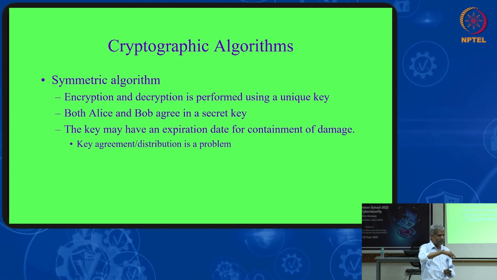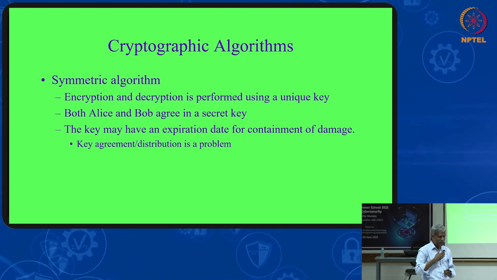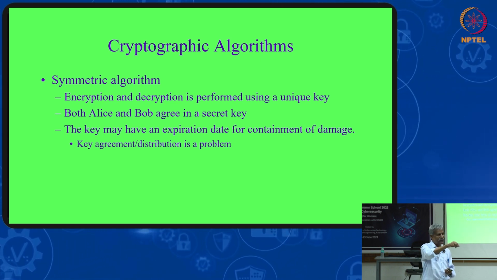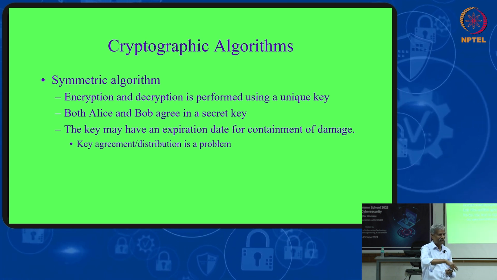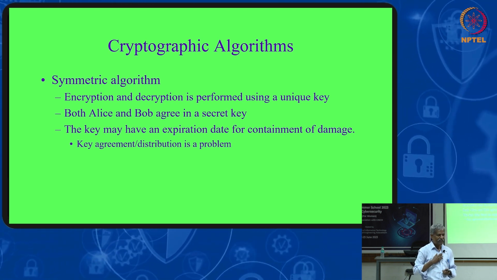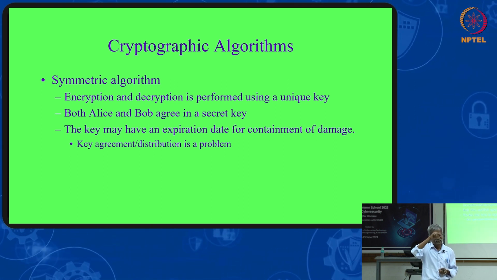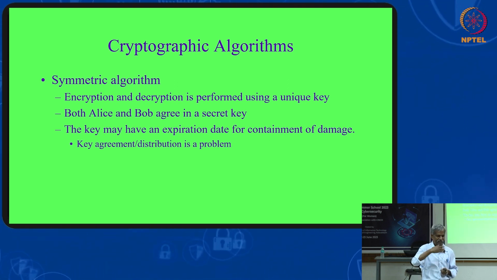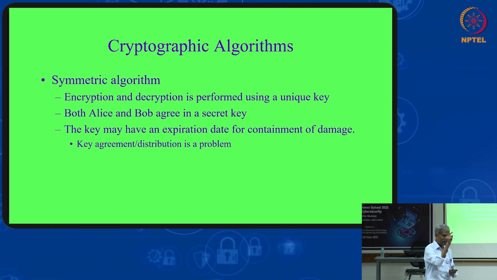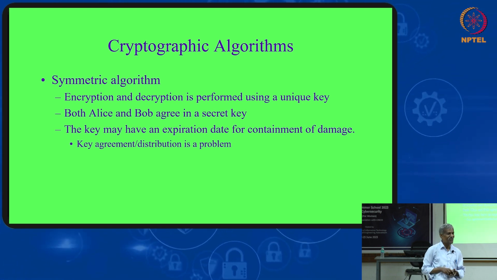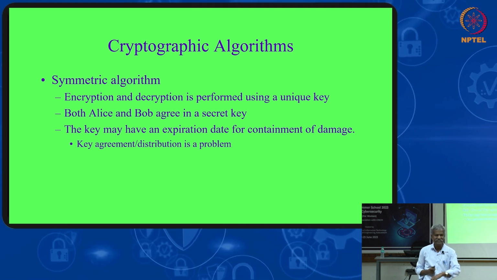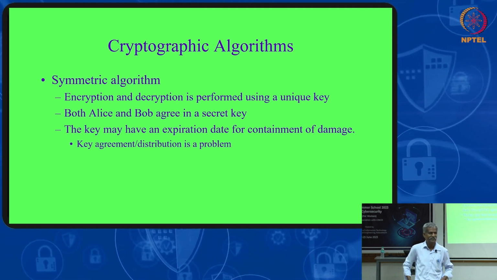And you know y, I am giving g power x, you are doing g power xy. You are sending me g power y, I am having x, I am putting g power y whole power x, I am getting g power xy. But I am encrypting with g power x, you are encrypting with g power y. So we are using different keys, that is only public key.